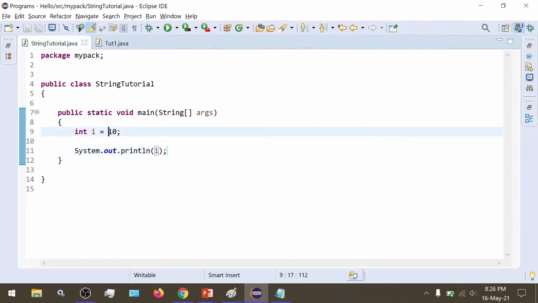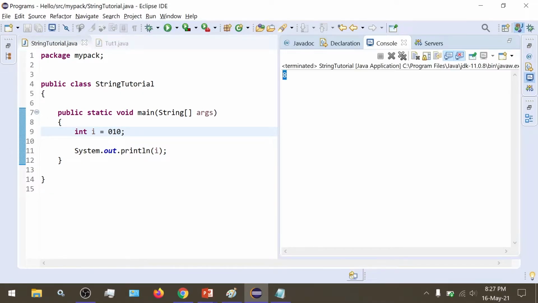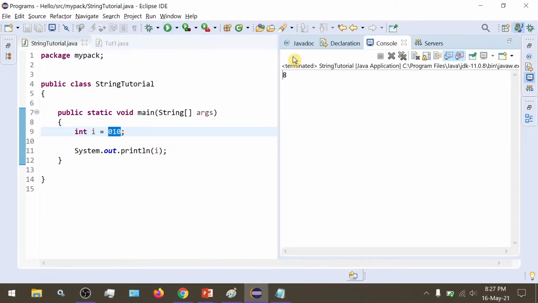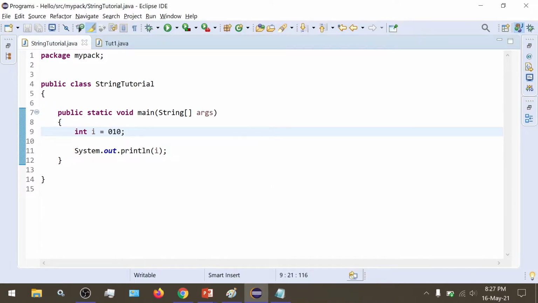Now if I add 0 here and make it 010 and try to run this, we get the output as 8, because this 010 gets converted into octal and the octal equivalent for 010 is 8. So our output is 8.